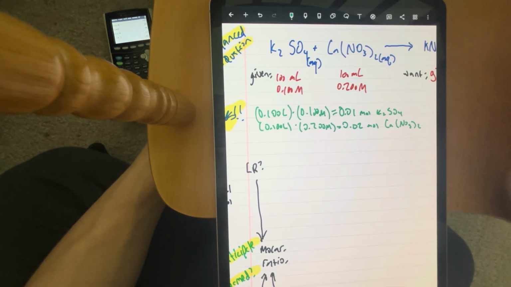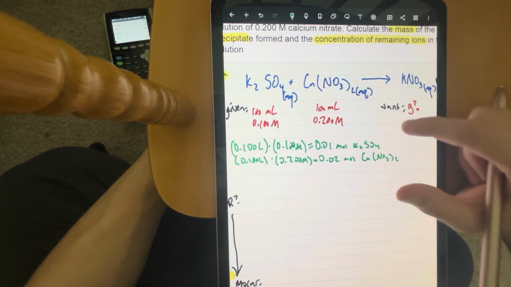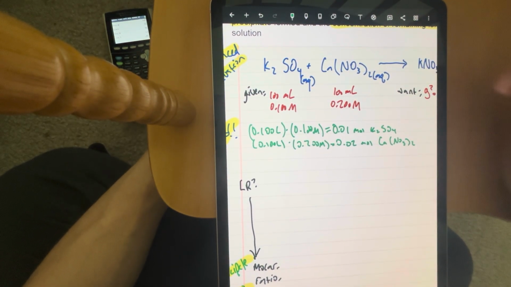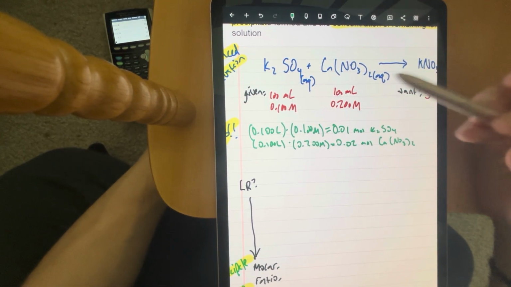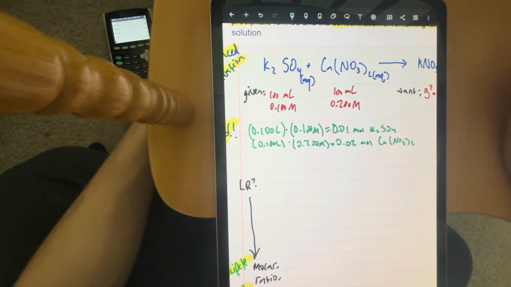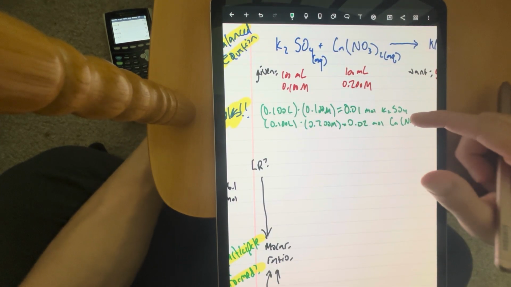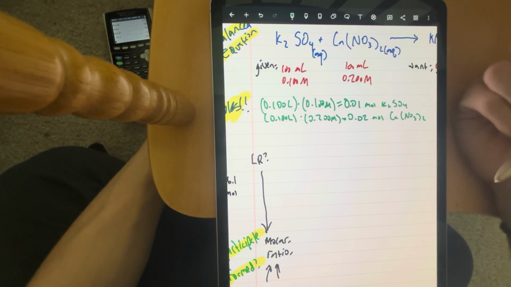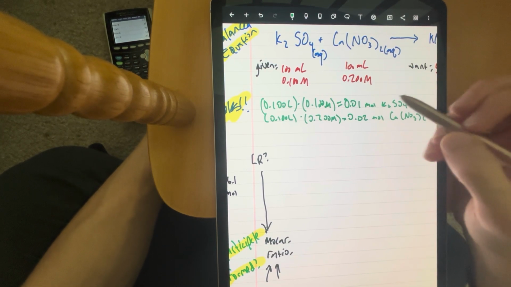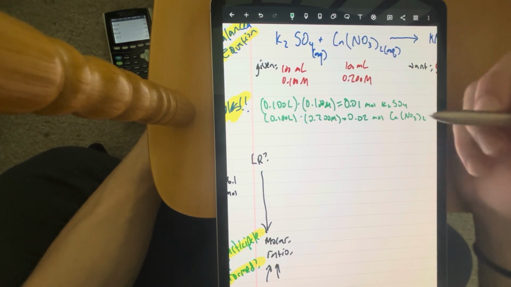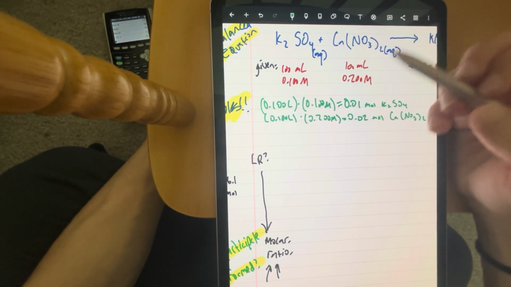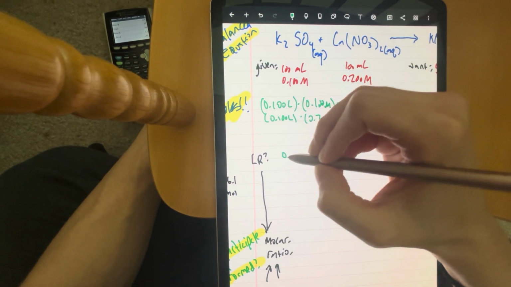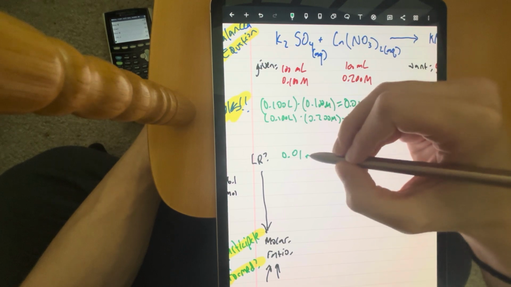Well, for this problem, since it's a little easier, we could just compare these two straight up since there's no coefficients. But if there was a coefficient, what would you do? I'm gonna work it out anyways, okay? For y'all's benefit. Well, you'd go from the moles of this to the moles of whatever else, and you'd put the molar ratio in front of it. So you'd be like 0.01 moles of